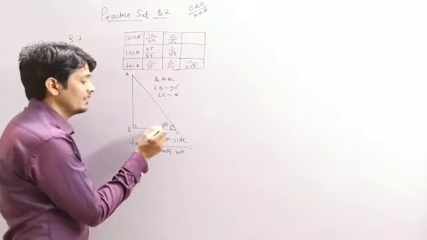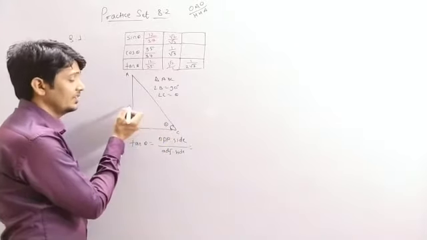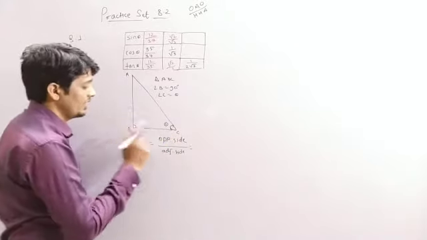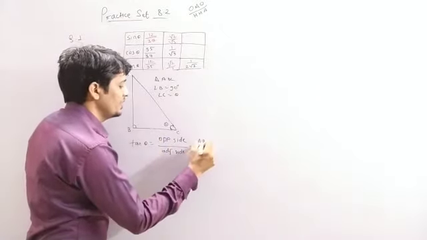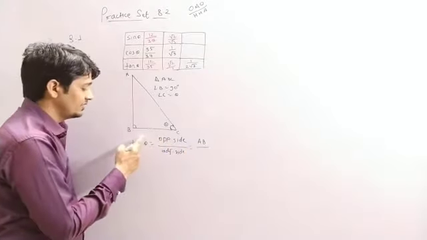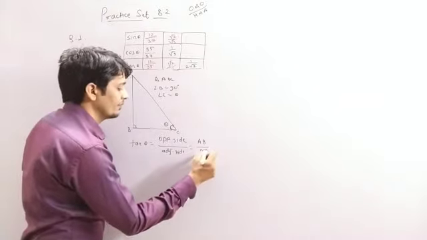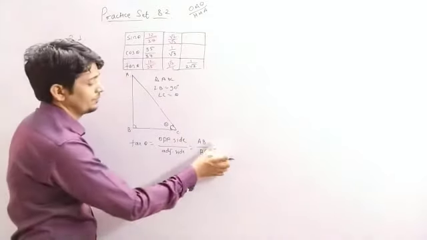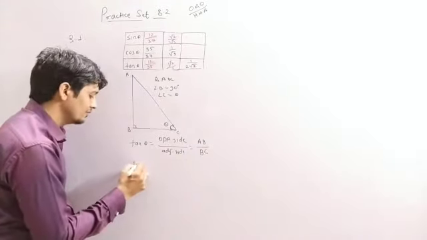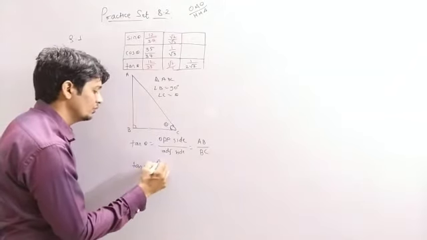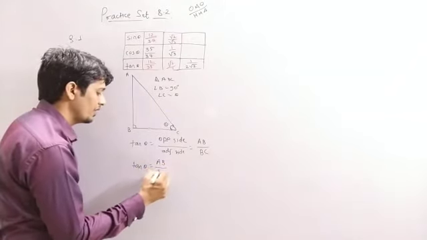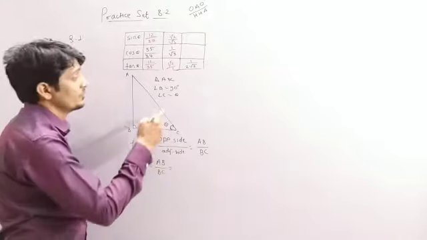The side just opposite to the angle theta is the opposite side, that means AB. So AB divided by adjacent side is BC. Therefore we have tan theta equals to AB divided by BC, and which is equal to